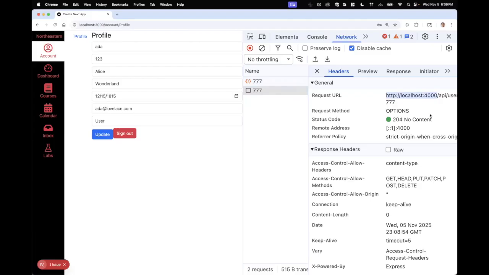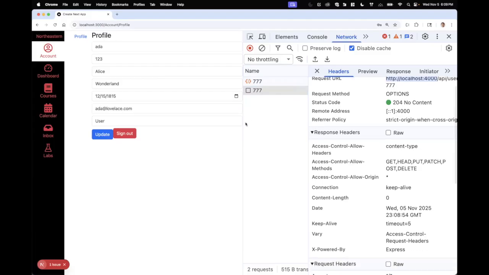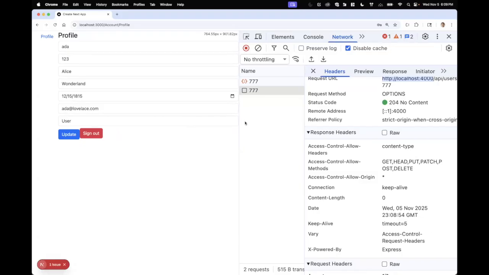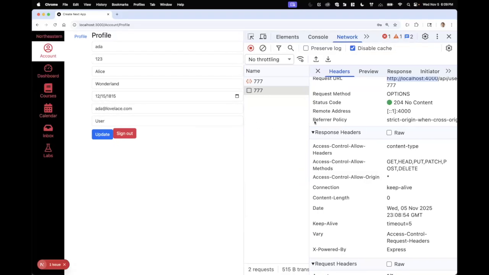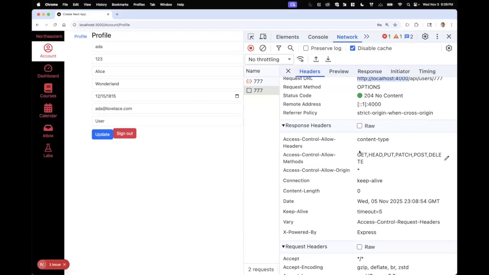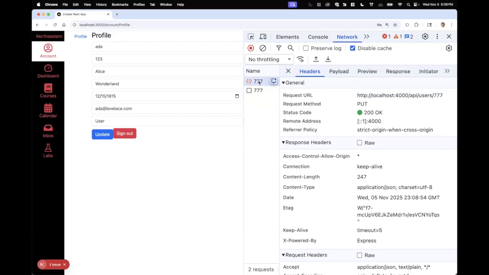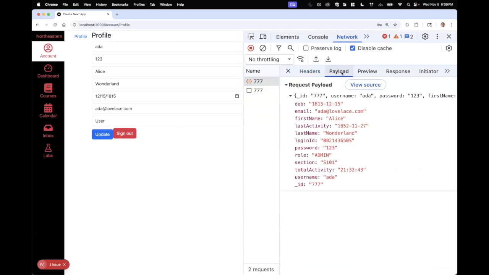It's kind of like asking for permission. And it says, I know this comes from a different domain than you normally are, and the server is responding, hey, I'm wide open. You can do whatever you want. You can post, you can delete, you can put, you can get, and that's why there's a second request that goes out to put the user information when we're sending my first name, last name,